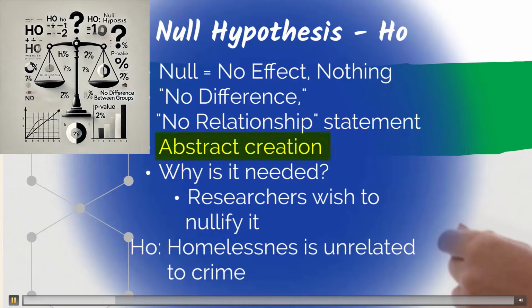The null is an abstract, a fictitious concept. It's our creation. What we want to know, what human nature wants to know, is the difference between people or things, or whether there is a respective relationship there. So why do we create a fictional concept such as the null, which all it does is state that there is no difference, the opposite of what we want to know?